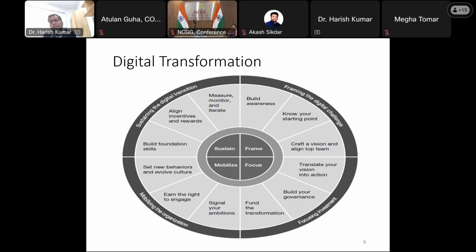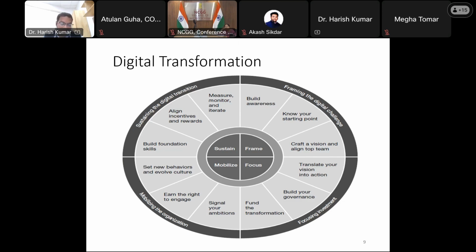The third one here is mobilize: how to mobilize the people we are working with. First thing is to signal your ambitions, co-creating solutions. We might be inviting citizens as well. Nowadays, most governments are opening doors to a bottom-up approach, inviting citizens for feedback. Like mygov.in, and state-wise or city-wise, there are a lot of online platforms where government is asking citizens to suggest ideas or write their issues so that the government can start working on that.